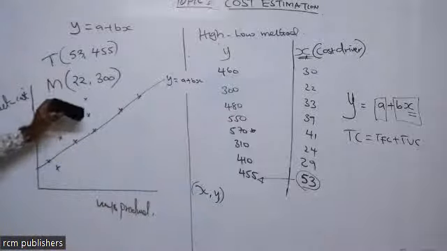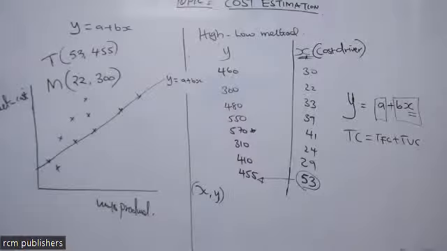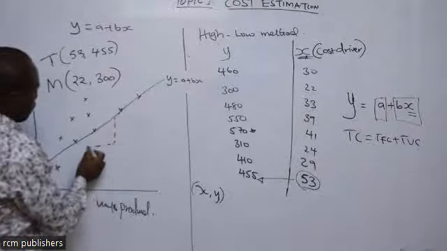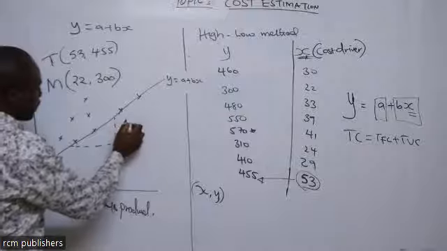So how do we normally get the items of that particular line? We now apply the gradient. We have to use the formula for getting the slope. And the slope of this particular line is dy